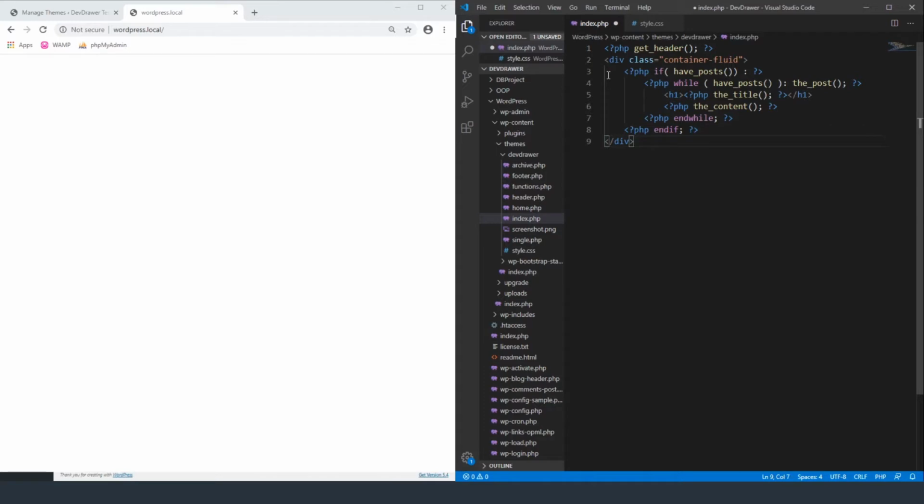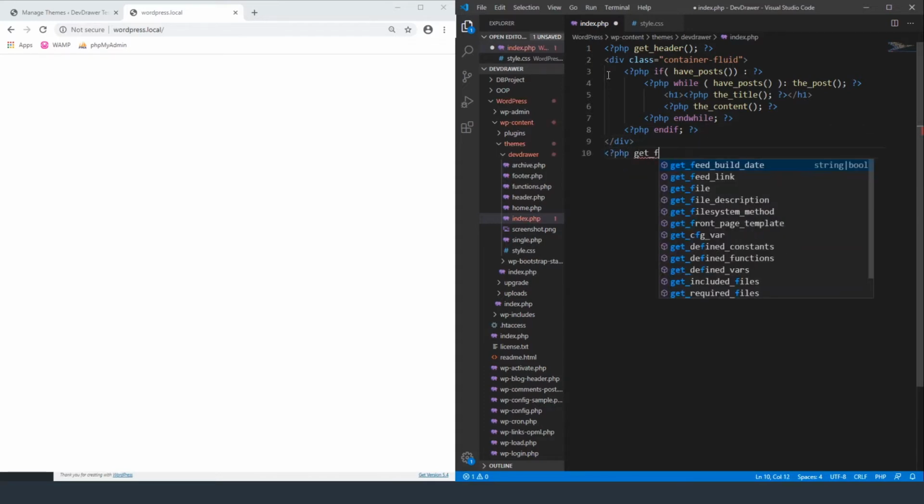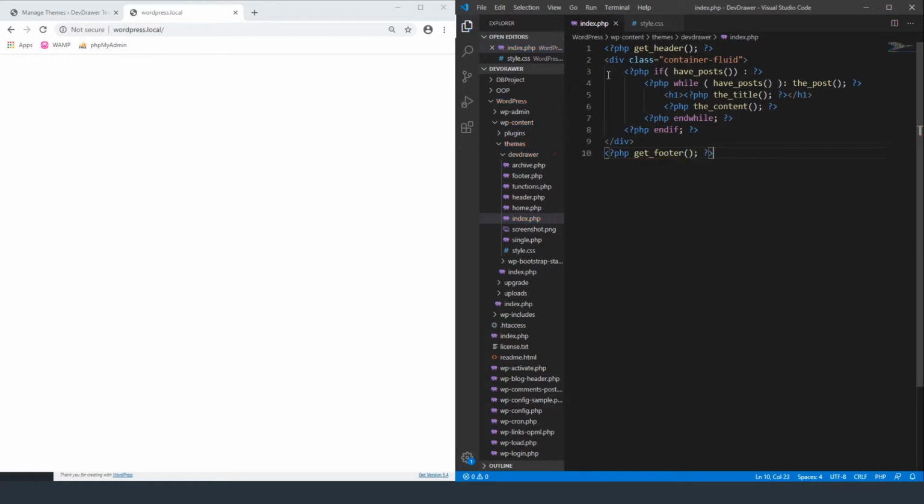Alright, and then after we get this, we're going to do PHP get footer. So these are going to use the standard header and footer PHPs that we created, so header.php, footer.php, but we can also create specific header and footer for specific pages. So let's say if we had a contact page but we wanted to display a contact only header, we would